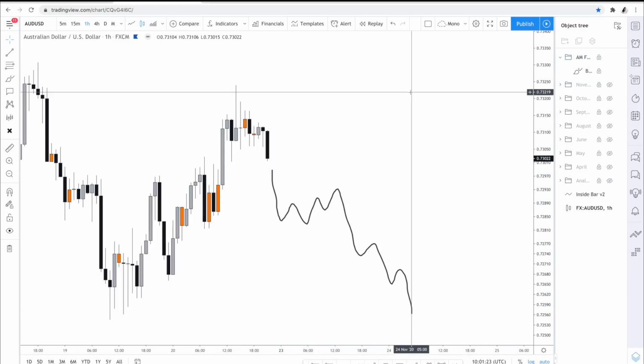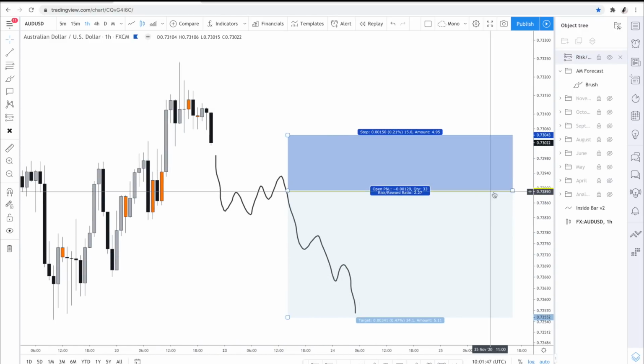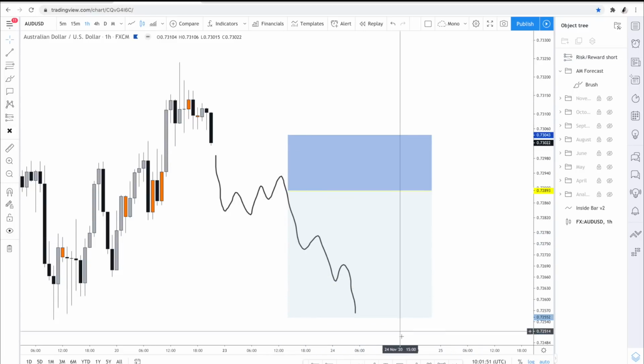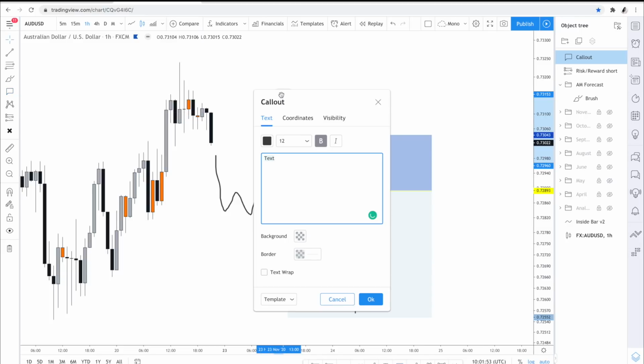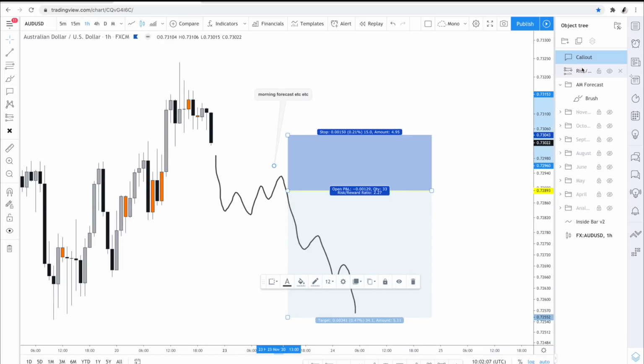But I can come back to it at the end of the day or the next morning and change it up and update it. I can even put in a sell position and say I'm going to take this with a 15 pip stop, etc. Then I can add in some text as well to see what I'm looking at. Morning forecast, etc. And then I can just go into my object tree, either down here or right click, and I can also find my object tree here. I can grab these two,